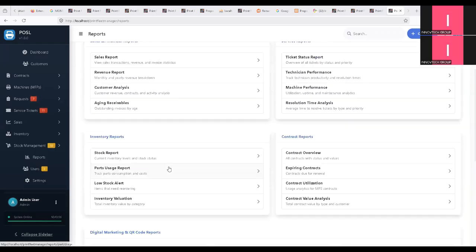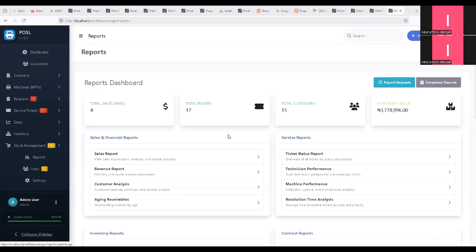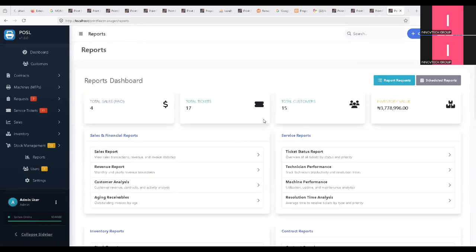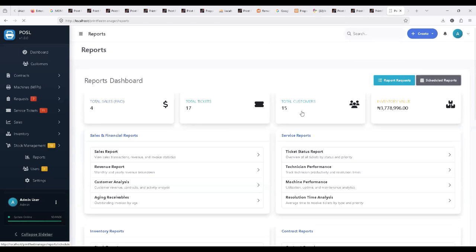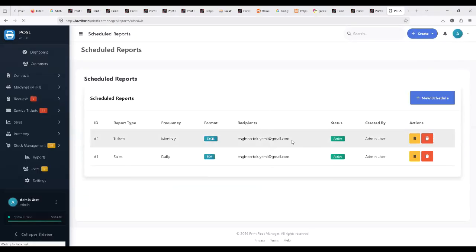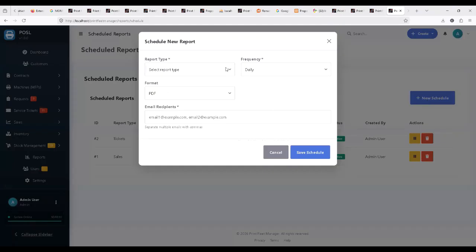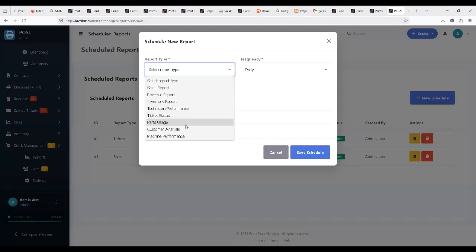And also we have inventory reports, we have contract reports, and reports can be defined according to need. We can schedule reporting to be sent to email automatically. Right, let's create a new schedule. Report type, select the type of report, frequency, is it daily, weekly, or